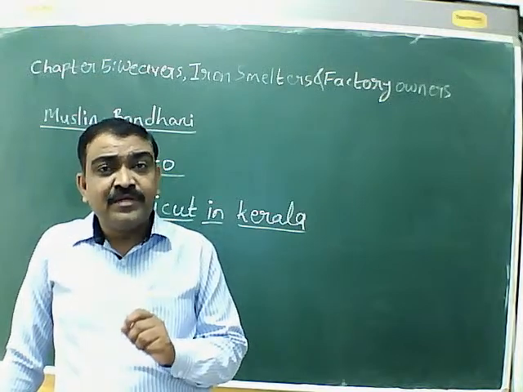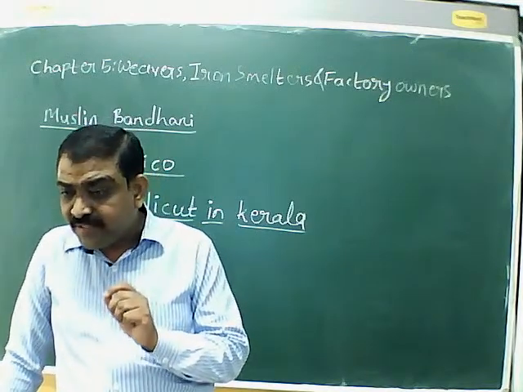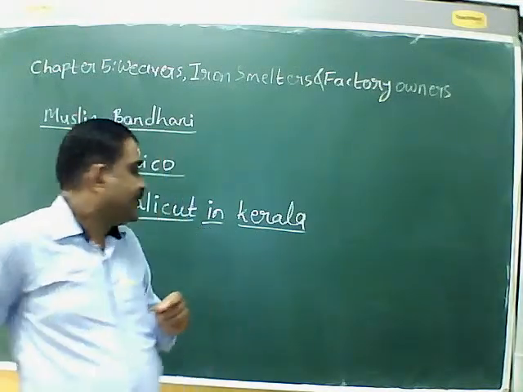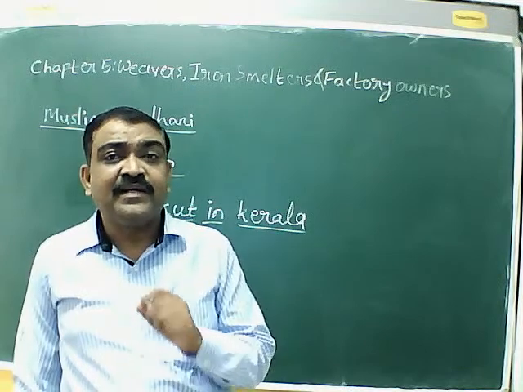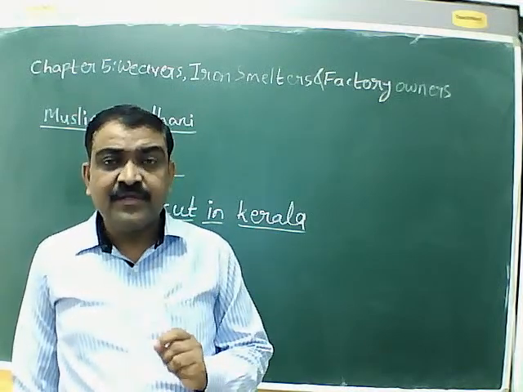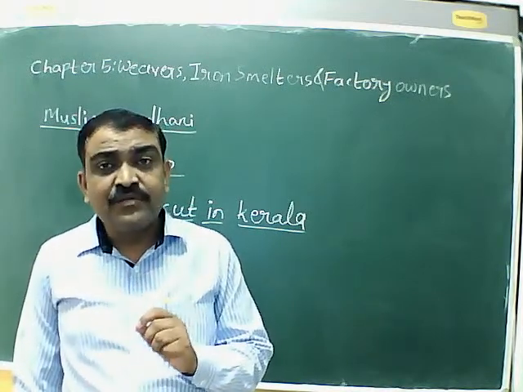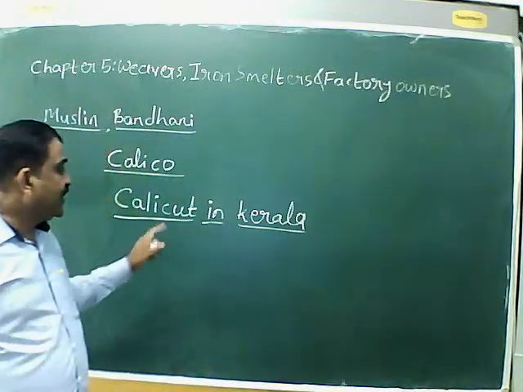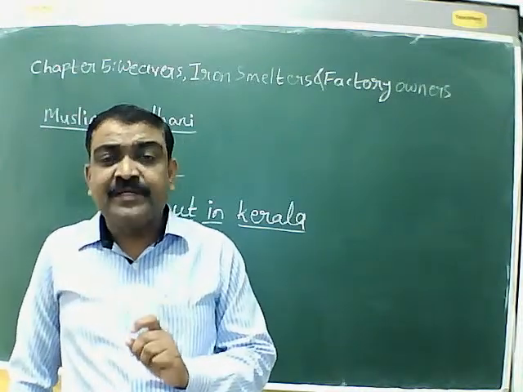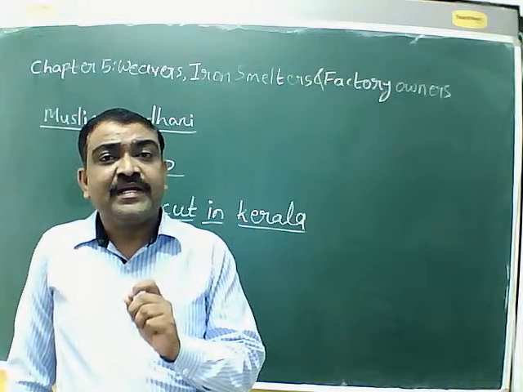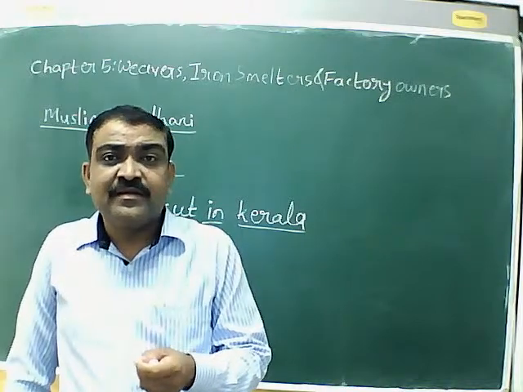Got it? So Vasco da Gama purchased items made of ivory. हाथी दांत से बने हुए सामान उन्होंने खरीदे. ठीक है. इसके बाद उन्होंने और क्या खरीदा? He purchased different art items, jewelries. He also did business in spices. So Vasco da Gama जब 4-5 महीने यहाँ कैलिकट में रुके तो he purchased a number of items. What, beta? So these were items made of ivory, different types of jewelries, many other art items,